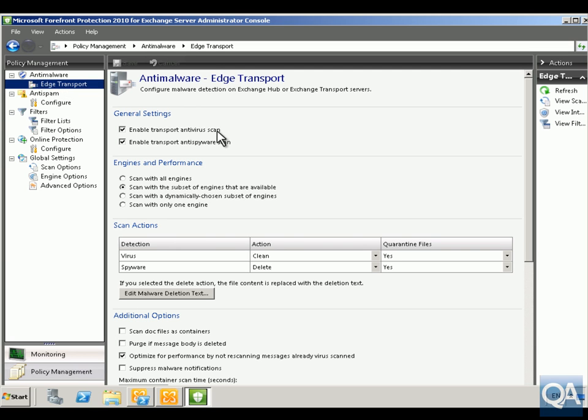So we're enabling the transport antivirus scan. We've enabled the transport anti-spyware scan as well, coming through the Edge Transport server. We can scan with all of the virus engines that we've installed. We can scan with a subset of engines, and just for the purpose of this demonstration, we're going to scan with a dynamically chosen subset of engines. So don't scan with everything, just have a look at all of the antivirus that we've got installed here and